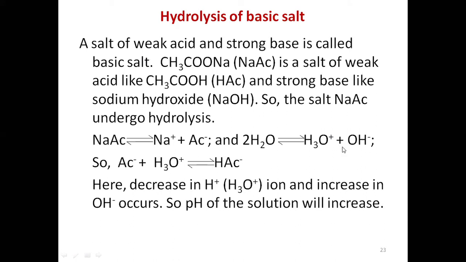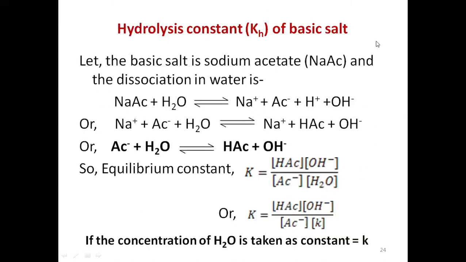That means here hydroxyl ion is extra because here the acetate ion will react with the proton, give the acetic acid again. So the decrease in proton ion and increase in hydroxyl ion occurs. So pH of the solution will increase. Let's calculate the hydrolysis constant of basic salt. So we know the basic salt is sodium acetate, and when it's hydrolyzed with water, it gives sodium ion, acetate ion, proton ion, and